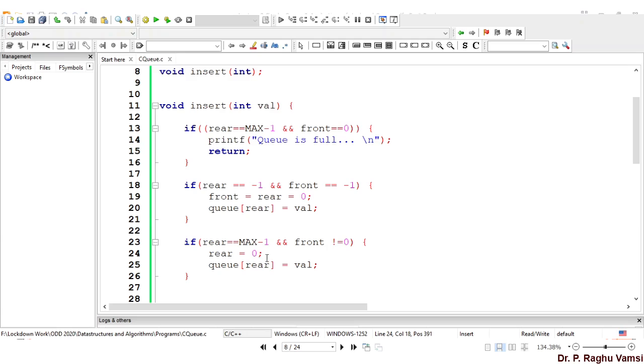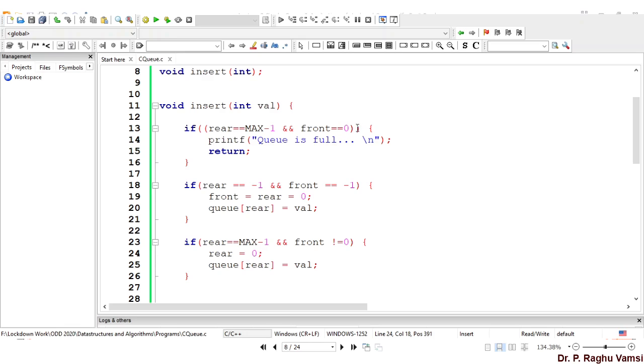But whenever one more element is inserted, the rear value will be obviously incremented by 1. So we can insert element up to one step before front. So when the rear value is one step before front, then we can say that the queue is full.